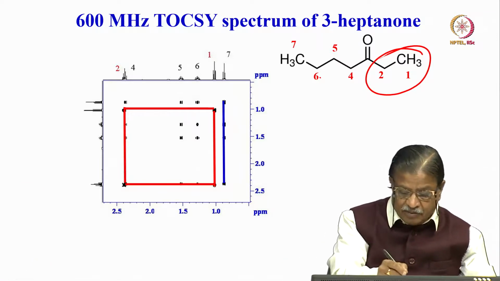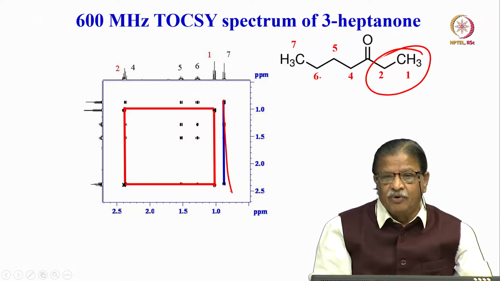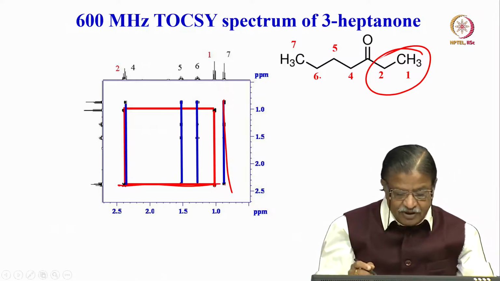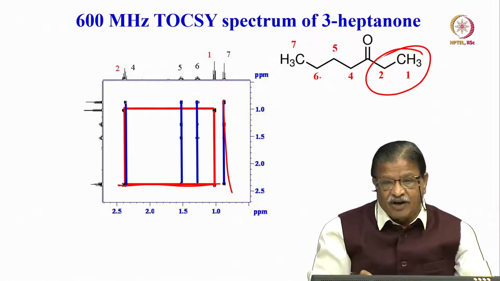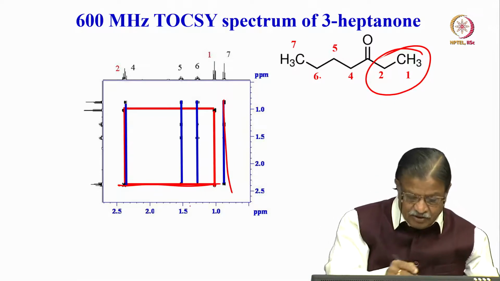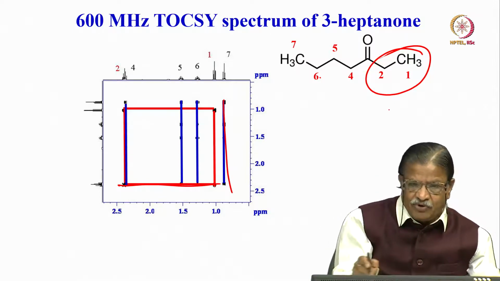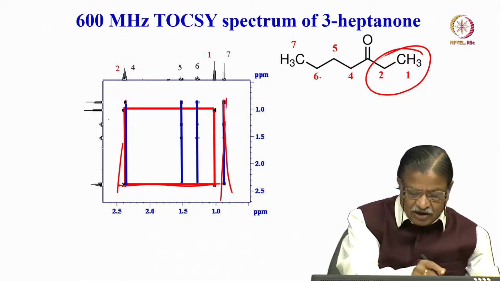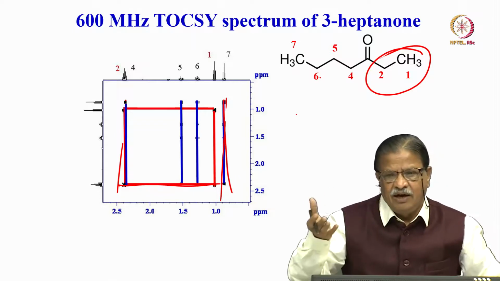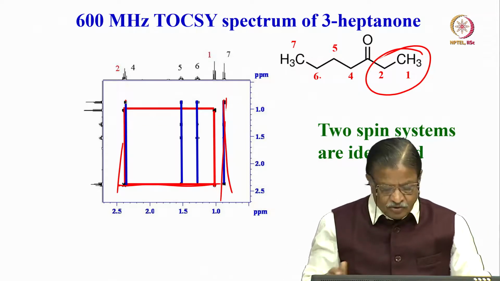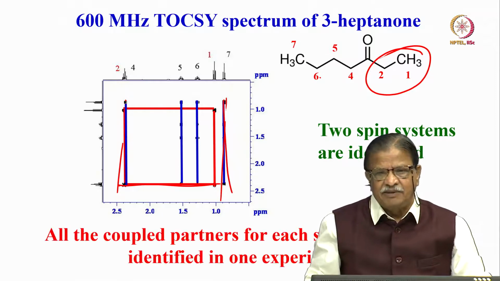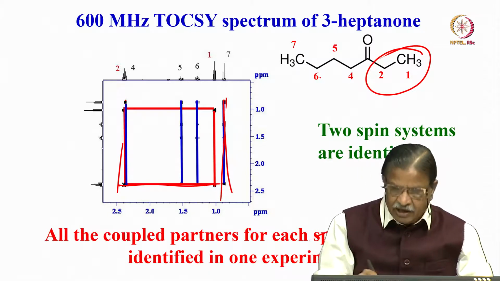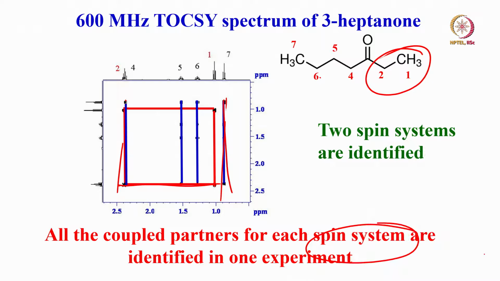So, if you go completely in one vertical line, or go horizontally like this, all spin systems can be identified. They are the same. You can see there are different chemical shifts along F2 and the same along F1, they all form a spin system. So, you can have vertical lines or horizontal lines, either way, they are all coupled spin systems. So, 2 spin systems can be easily identified by this method. This is what the TOCSY does. It identifies coupled partners for each spin system in one single experiment.